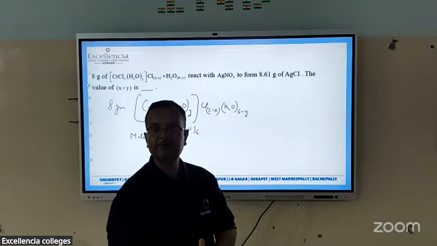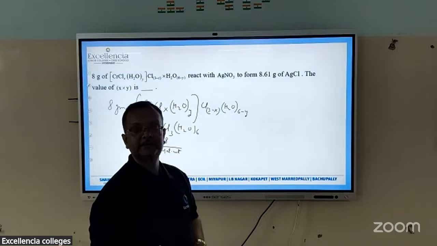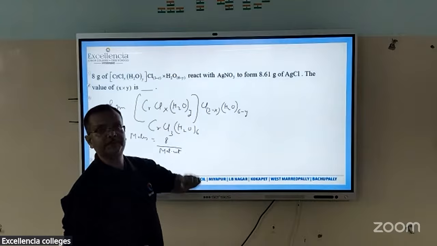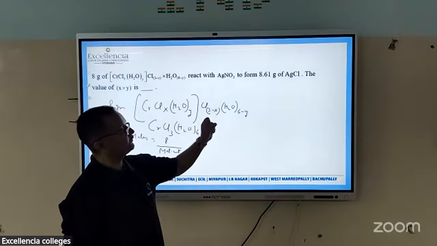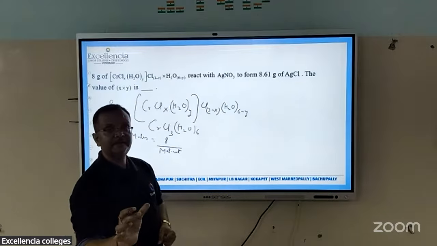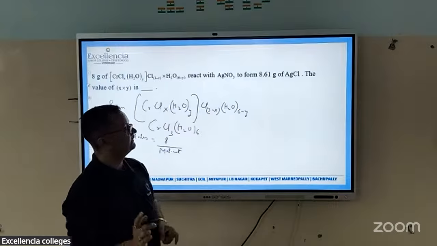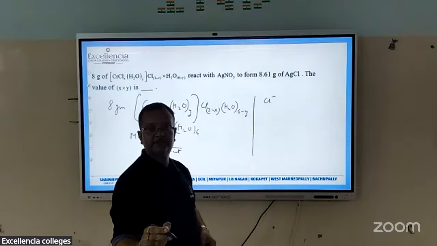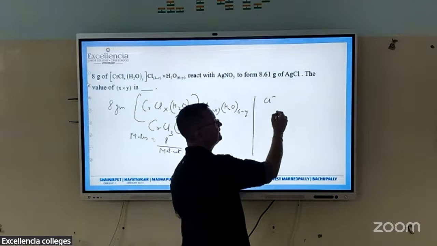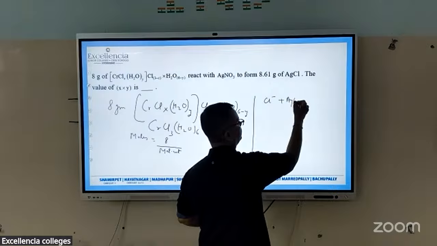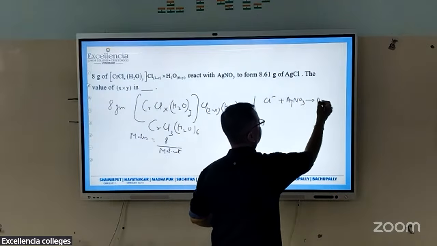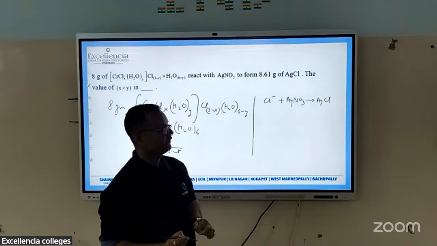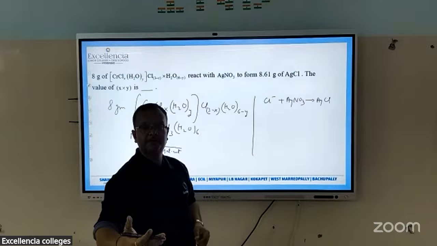Now, what is happening? Obviously, some Cl are outside the coordination sphere and some are inside. We don't know that, but we can confirm it with the precipitate which is obtained. What's the next point? How many grams of AgCl precipitate are we getting? All the Cl minus which is ionizable from this complex combines with silver nitrate and forms the precipitate of AgCl, in the constituent ratio. So we can find the moles of AgCl precipitate.